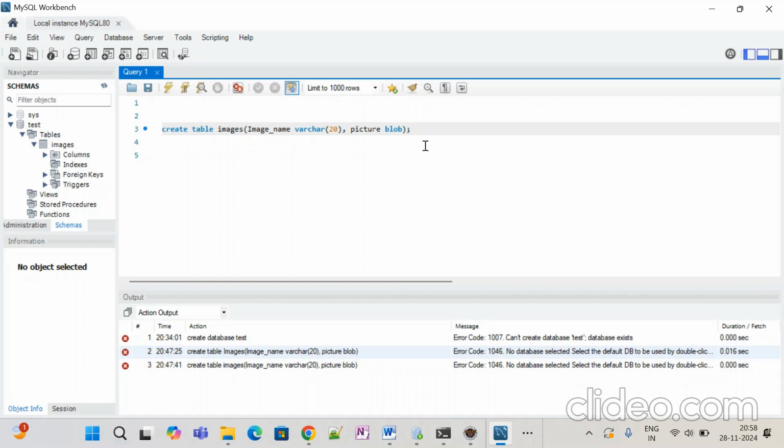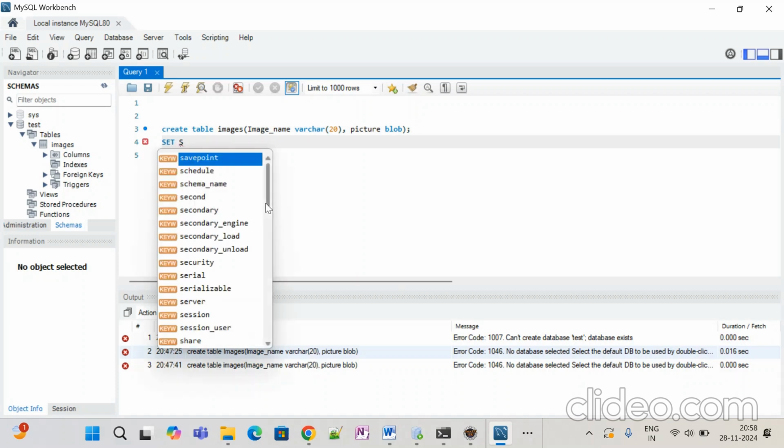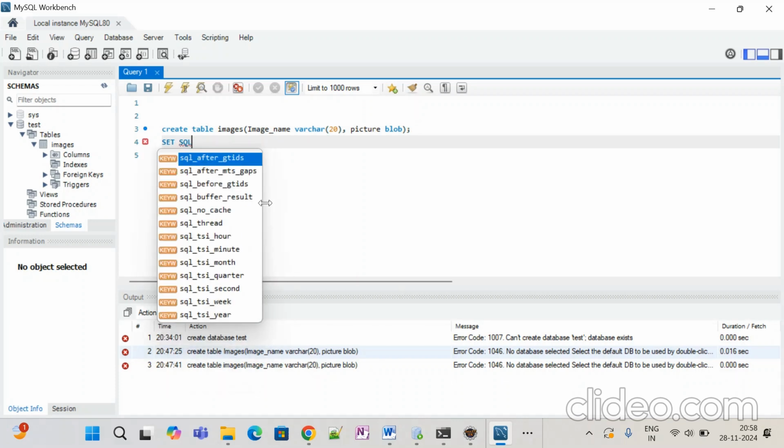For that purpose, let's see, for deleting commands we can use, okay, what is for deleting commands, here set SQL underscore